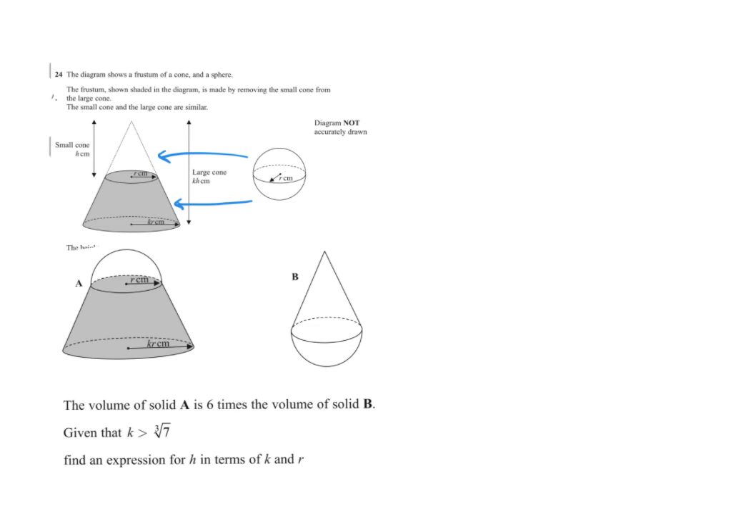Volume of solid A equals volume of the frustum plus volume of the hemisphere. The volume of the sphere is 4 over 3 pi R cubed, so the volume of the hemisphere is 2 over 3 pi R cubed. So the volume of solid A equals 6 times the volume of solid B. Solid A consists of the hemisphere and the frustum. The volume of the hemisphere equals 2 over 3